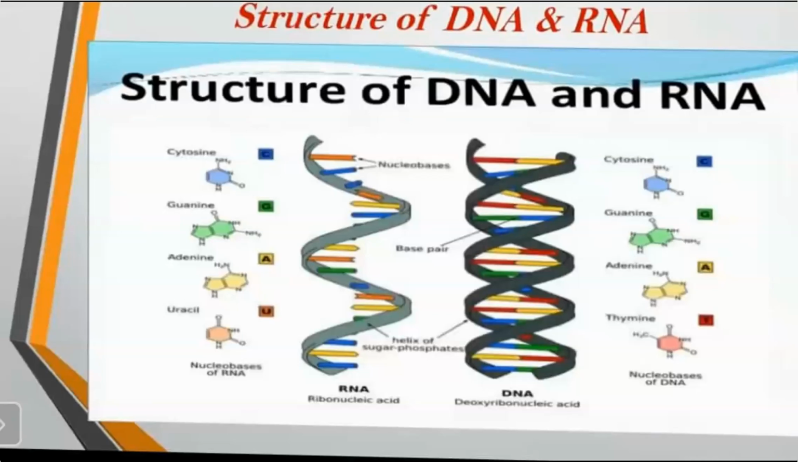Now what is RNA? What is the full form of RNA? Ribonucleic acid. Now RNA is the second important nucleic acid of the cell. This nucleic acid is made up of ribose sugar, phosphate molecules, and four types of nitrogenous bases, that is adenine, guanine,